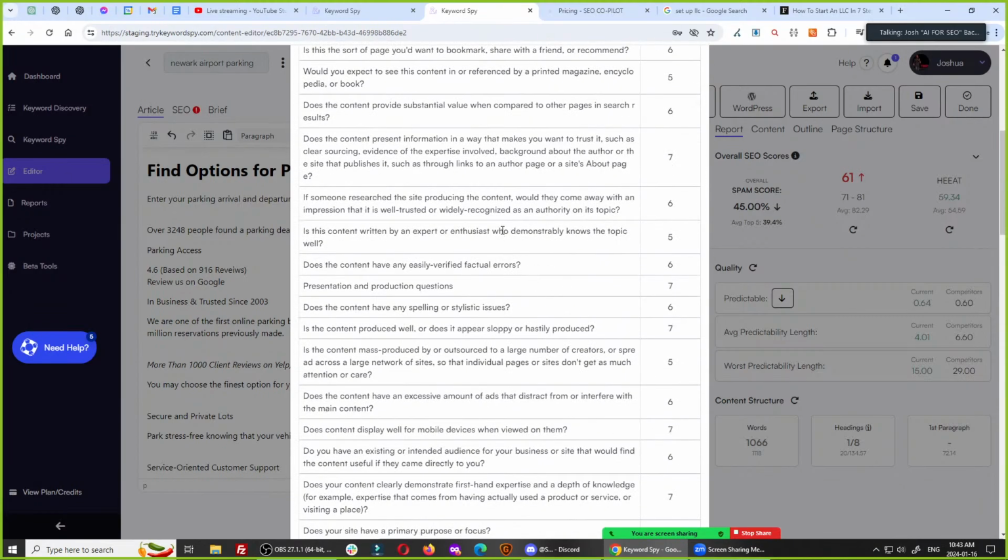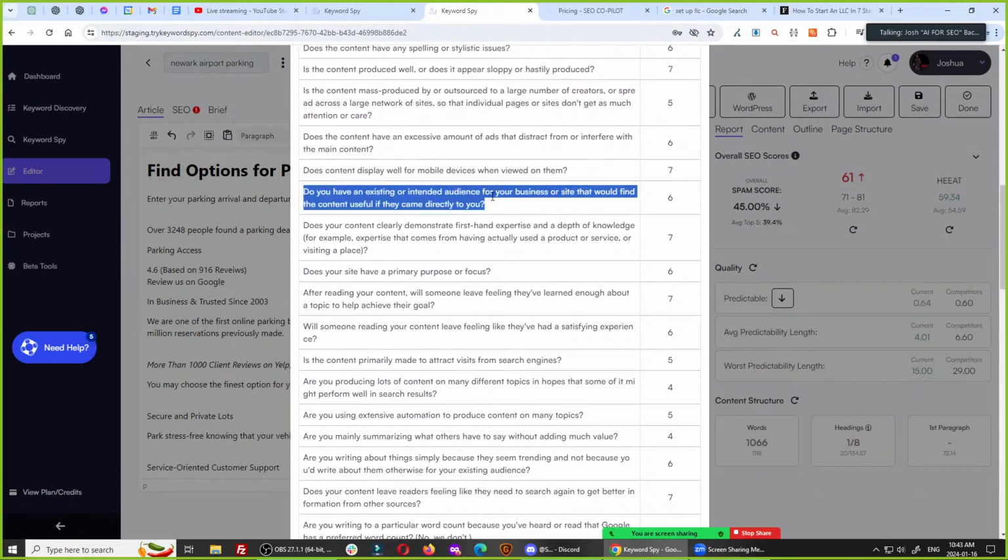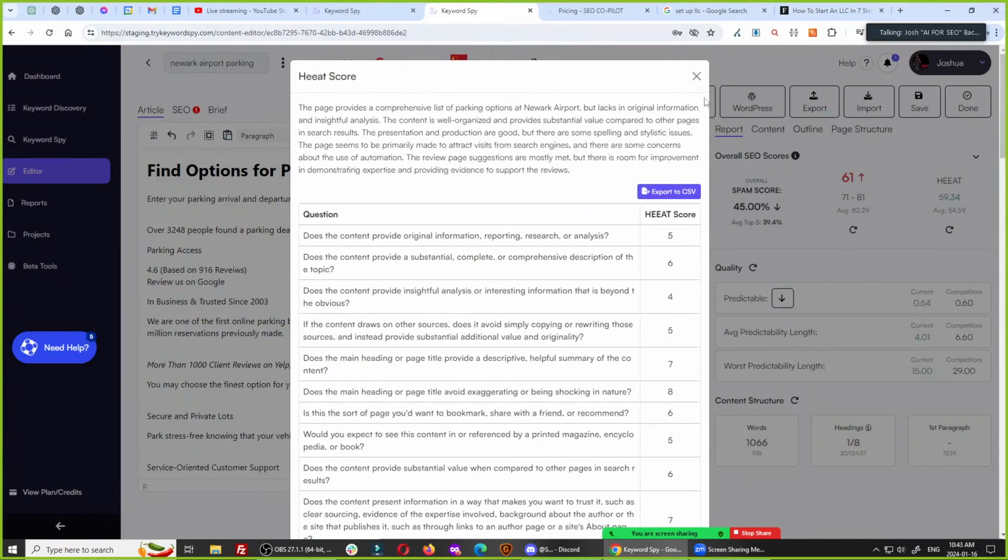And if you see a report like this, you don't. This is a very bad heat score. It should be much better for sure. All these 4s and 5s and 6s should probably be improved for sure. And not only that, but to remain completely white hat, we are helping you be white hat with this AI tool in a way that no other tool is doing.